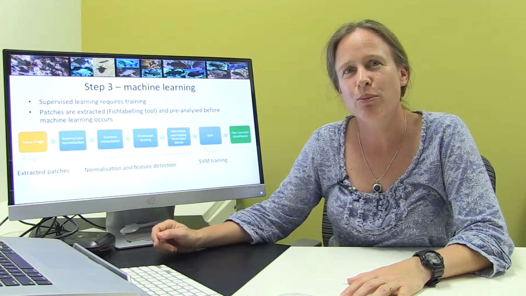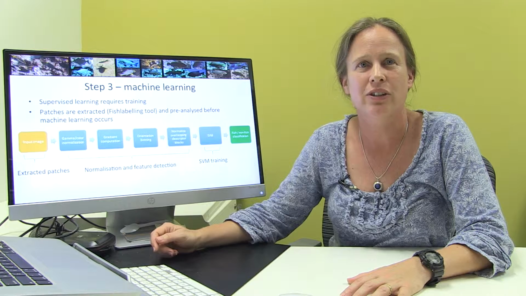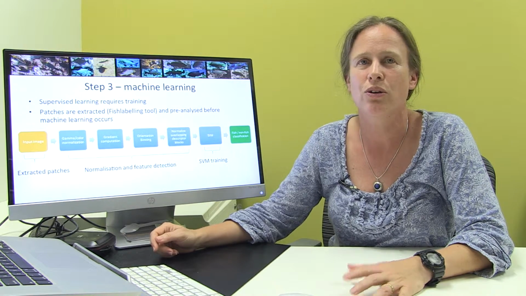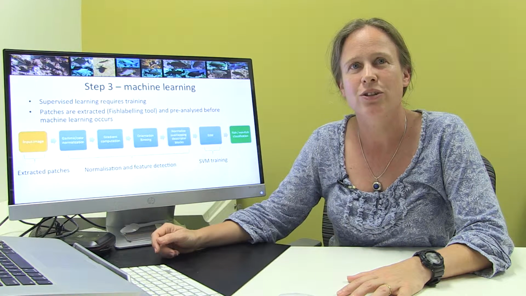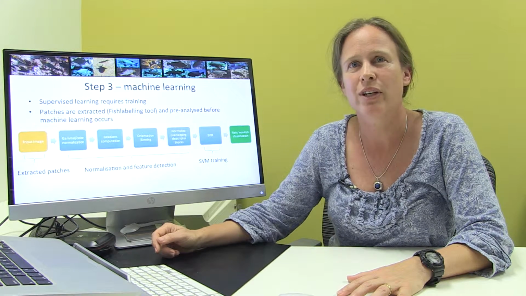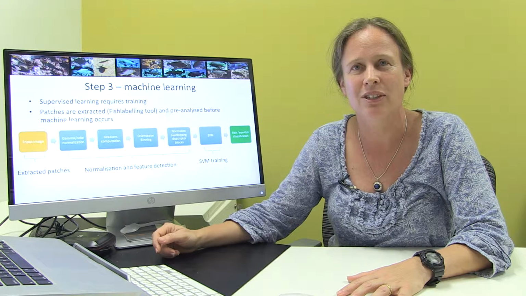So how do we get a computer to recognize fish? Well, each fish you have selected is extracted and used as an input image, also called a patch. All patches from all observers go through various stages of normalization before a feature detection algorithm, often used for the detection of humans in images, is applied to each patch. The resulting images are then used to train the computer until it can recognize all fish in the training set. The exciting step is then to test the computer on images it has never seen before.